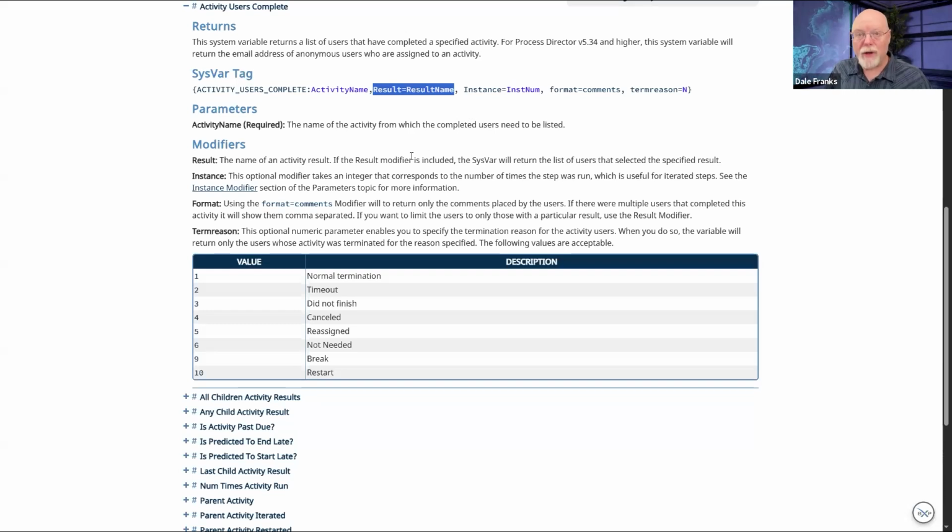For example, if you have a signature comments control on a form, as we do in the example we were just looking at, and let's say that you want those signature comments mandatory for anyone who chooses the deny result. Okay, that's perfectly fine.